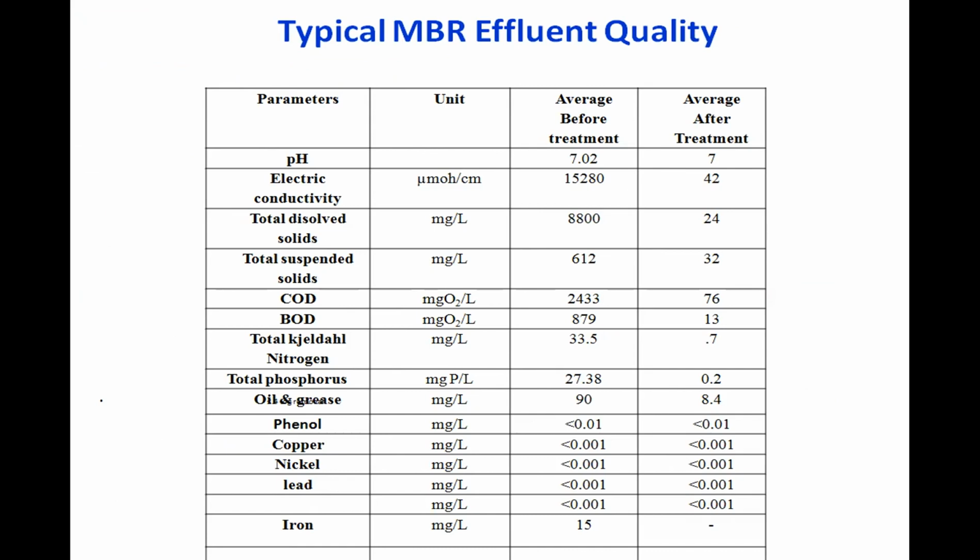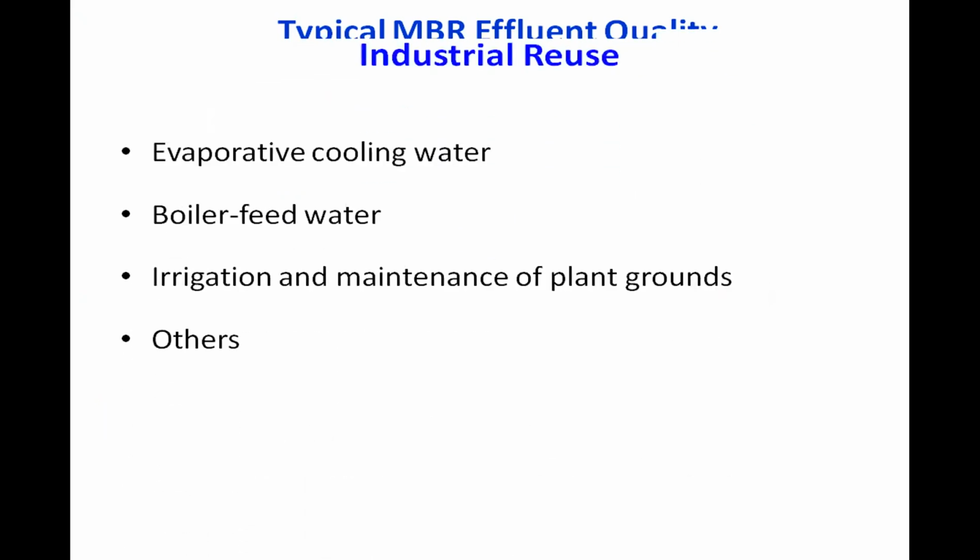The COD went from 2,433 to 76. BOD was reduced from 879 to 110. Industrial wastewater reuse: after treatment, it can be used for cooling towers, boiler feed water, irrigation and maintenance of plant ground,